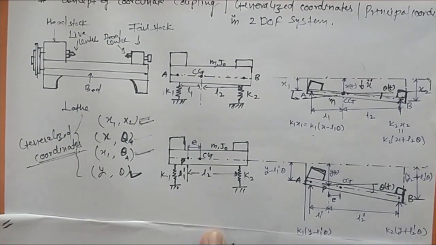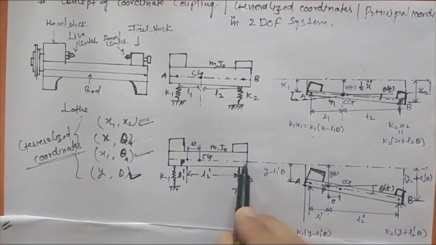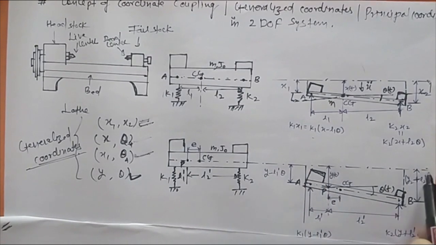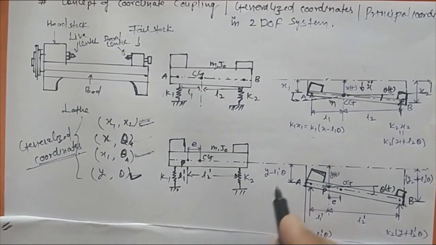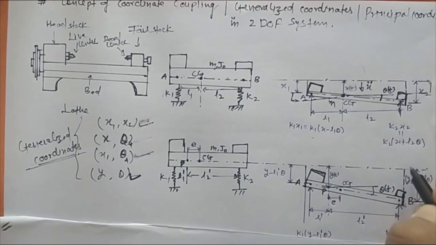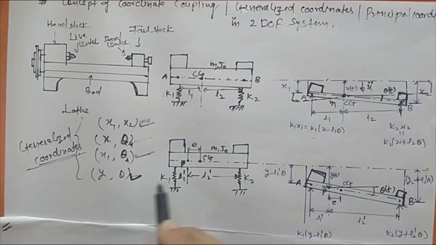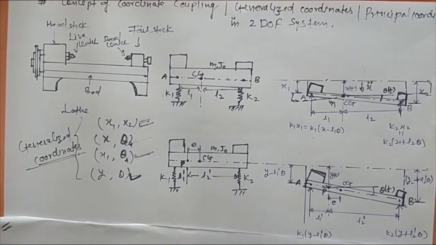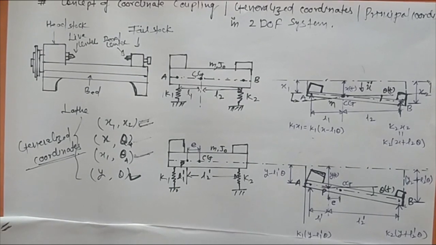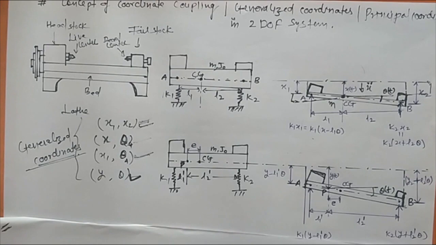There can be more sets of coordinates, like if we do not consider the equilibrium line as the reference line, and we take another reference point and from there we define the positions of points A and B. So there can be another set of coordinates to define its exact configuration. So all these coordinates are known as generalized coordinates.